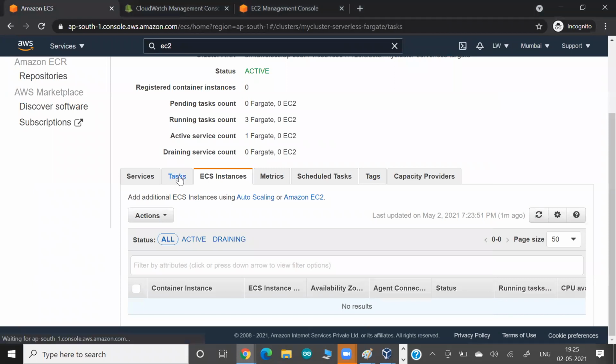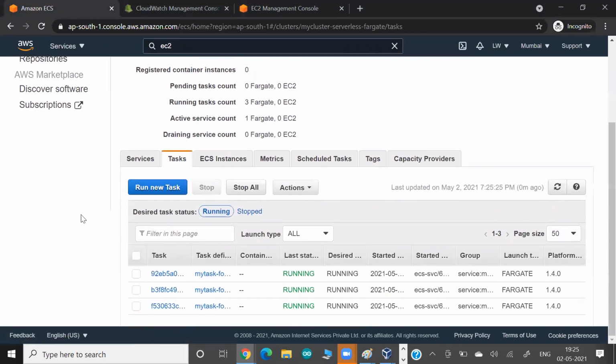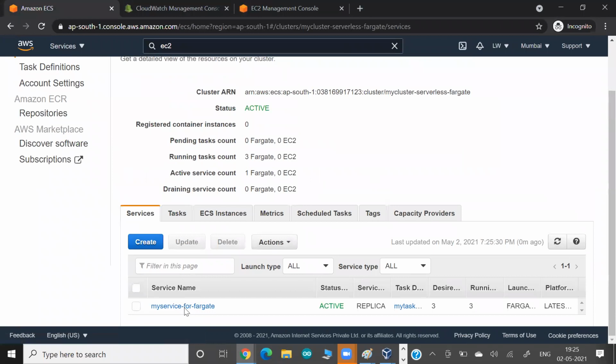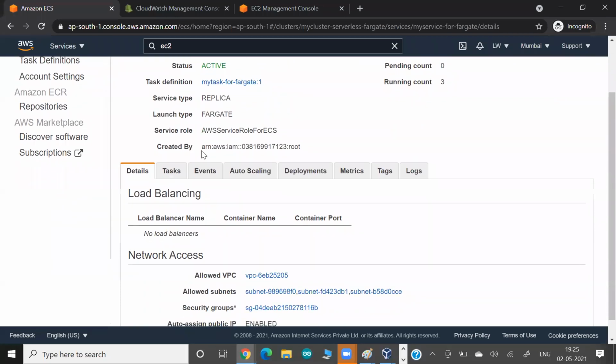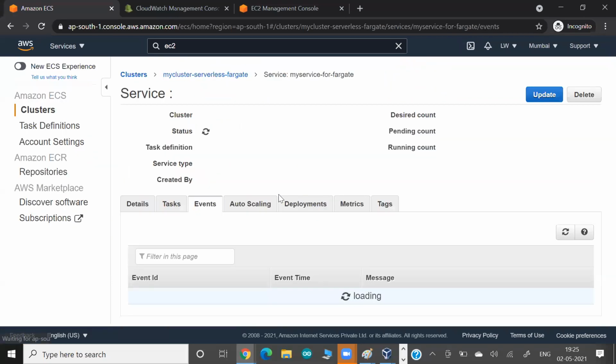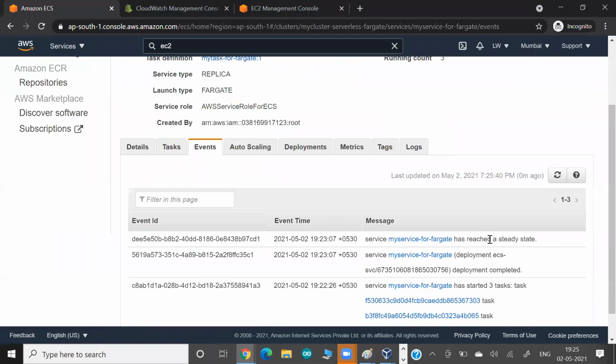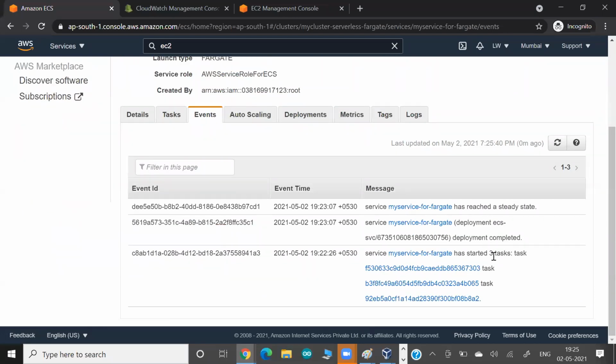But we can connect. If you go to the service here, this is the service detail. Right now if we see the events of this service, the service is connected, everything is doing fine, there is no error, the task is running. It also has one more meaning: my service uses a task,